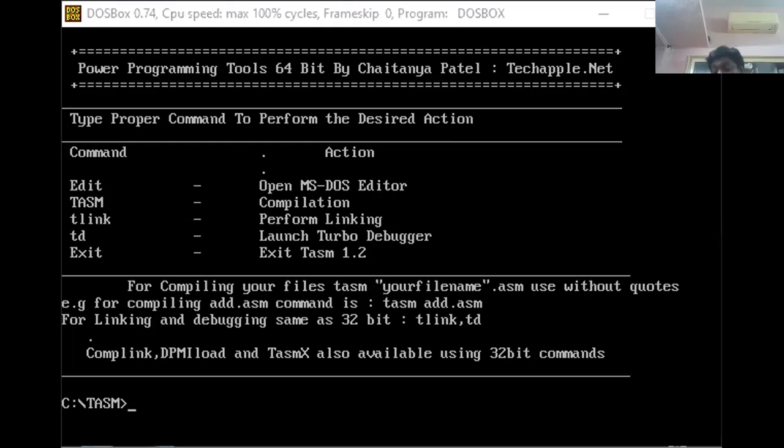Now we will go into the TASM program. What we have already discussed, we'll see whether our program runs perfectly or not. So we are saying edit. I have taken the name as multi-add.asm.